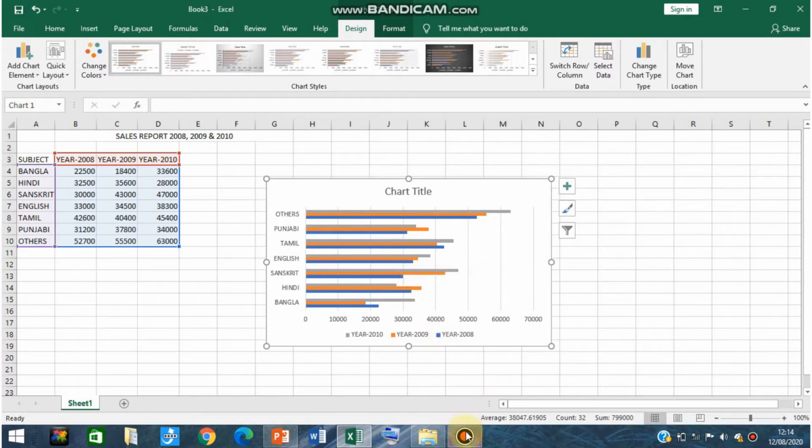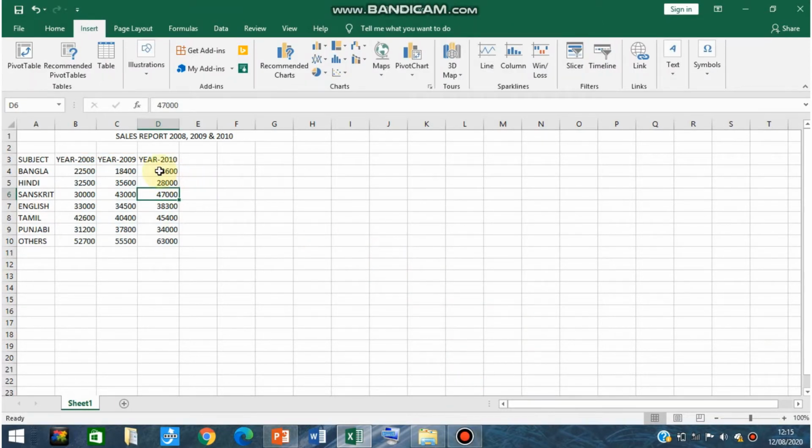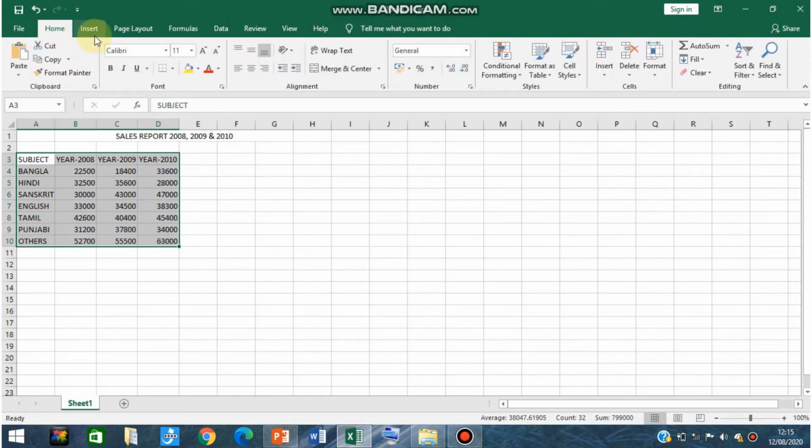Okay, the chart that we are going to see next is area chart. An area chart focuses the magnitude of change in data over time. Okay, as usual, the first step is to select all data. After selecting all data, move inside insert tab. Okay, by default we are in home tab, but to use the charts you have to move inside insert tab.